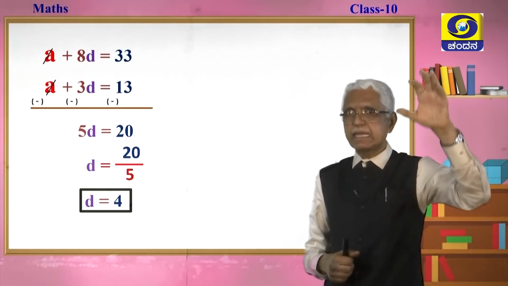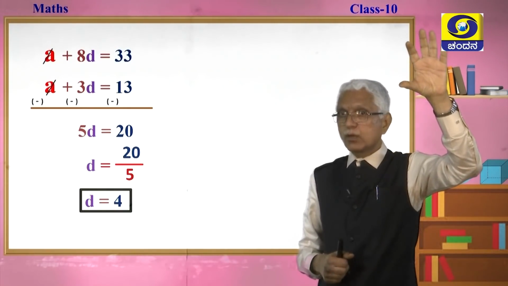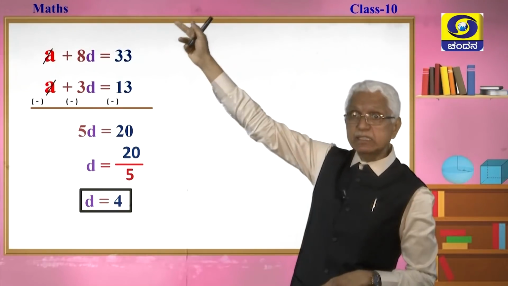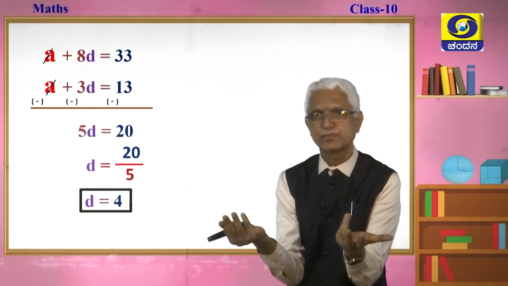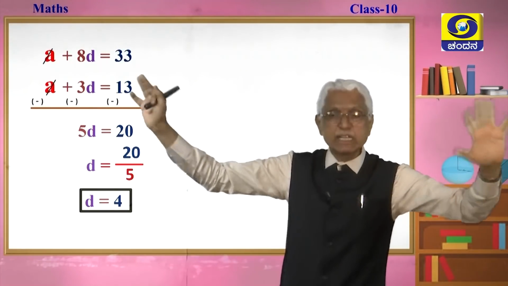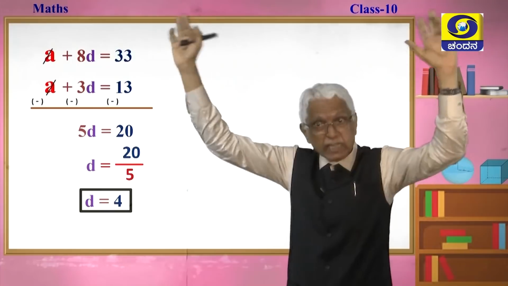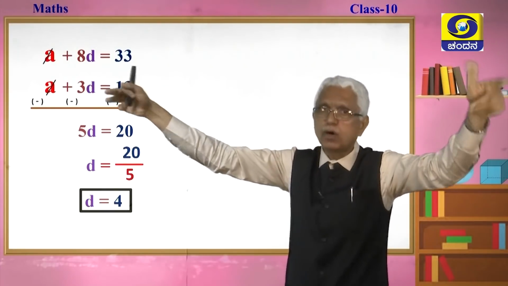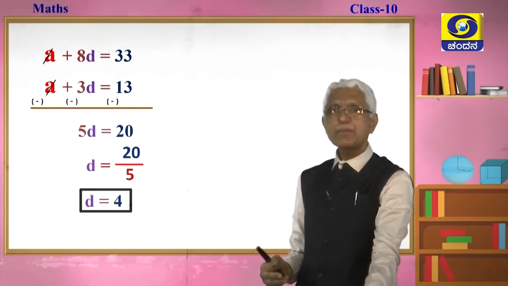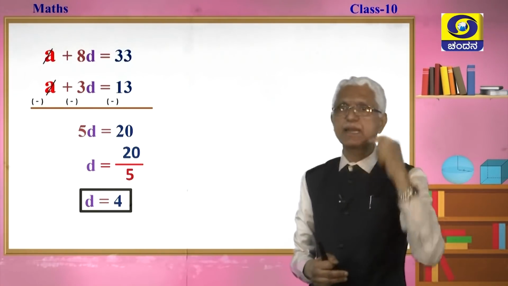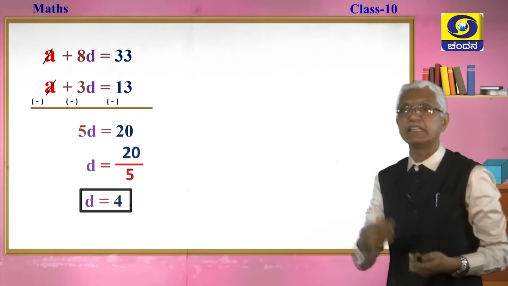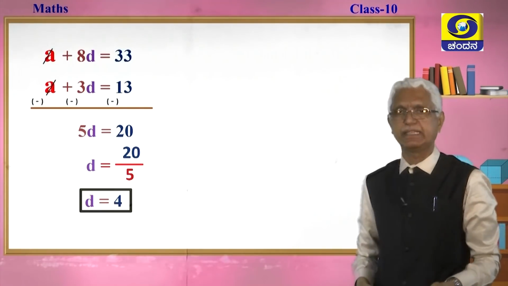Remember, they gave you the 4th term and the 9th term. So, you cannot make out what is the common difference, because they are not 2 consecutive terms, right? Though they gave you 2 different terms, 4th and the 9th, by framing a pair of linear equations and solving them, you are able to get the value of D as 4. That is the beauty of it.